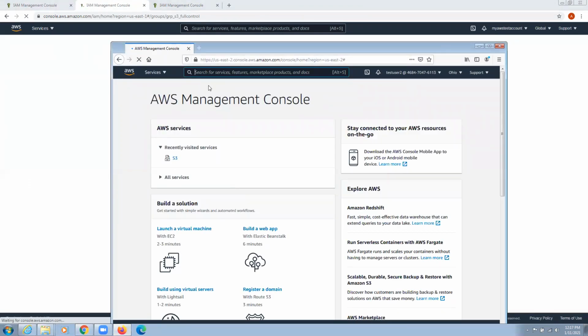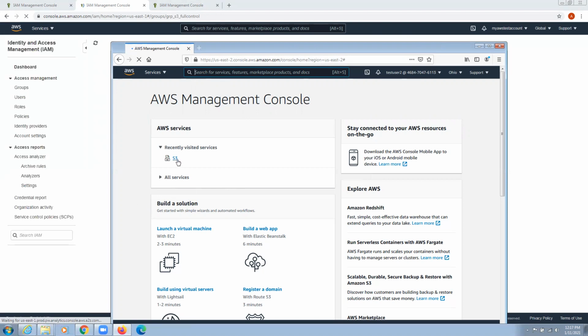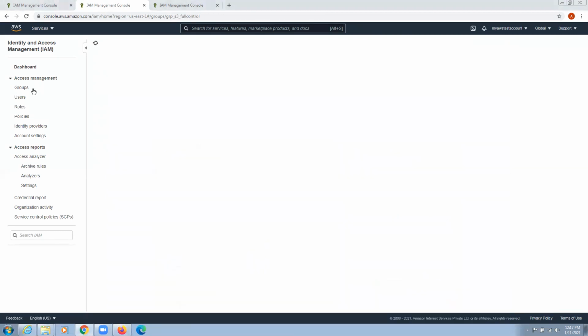Now, here it is. I'm using Firefox. I logged in. See, test user 2 at the rate my account name. Now, again, I can type S3, but recently visited services are here, so no need to type in the search box. I will just type it and see here. This is the group